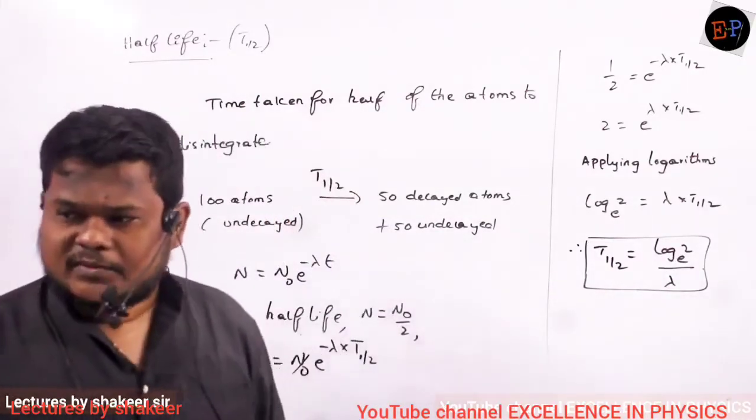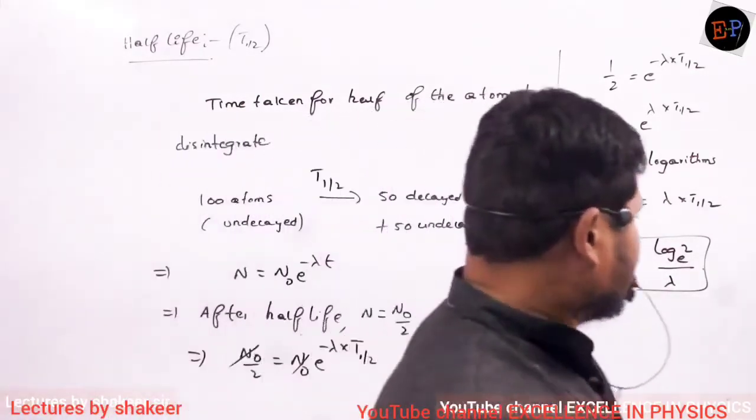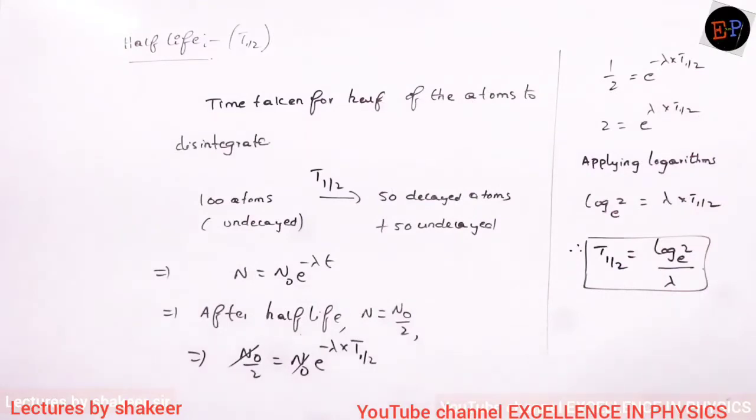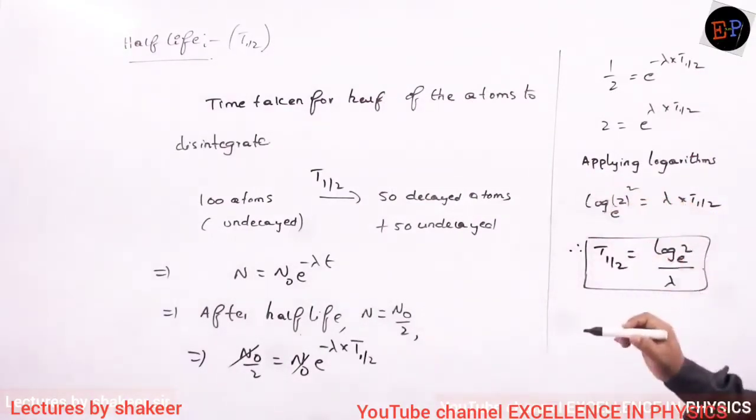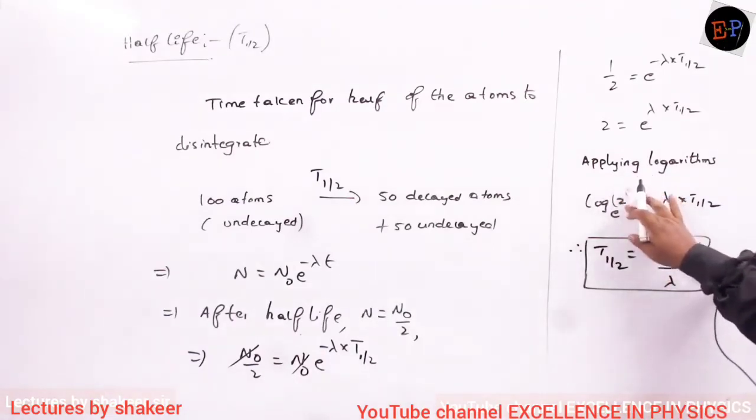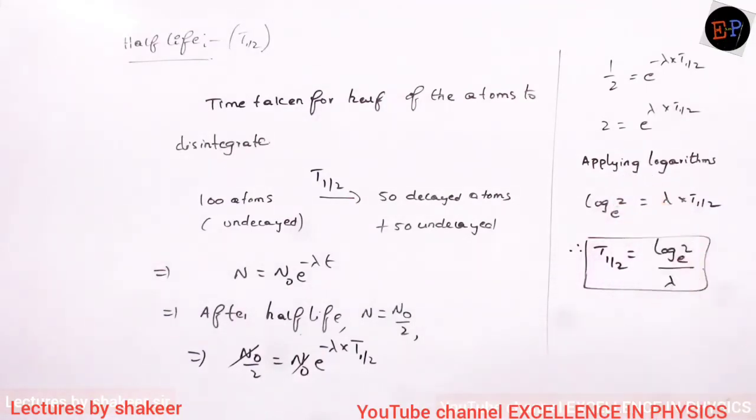This is the equation. 2 power log 2 into log e. Huh? 2 into log e. 2 into, no, I cannot write like this. If it is 2 square, then 2 will come to this side. But here I am taking log of 2, no? So 2 will not go to the other side. Are you able to understand?